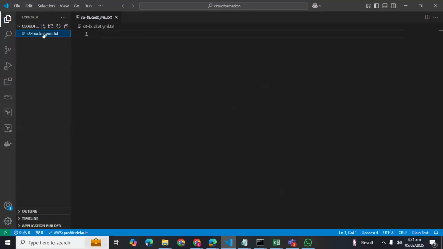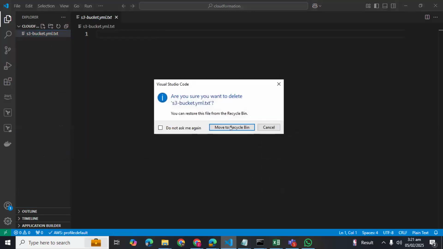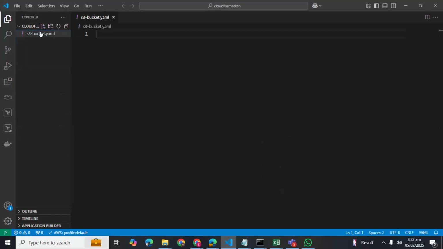So I want to create a new file because this file is in the text form. I don't need to create it in the text form, I want to create it in a YAML form, right? So you can create a new file by clicking on new file, and name this file according to your requirement. So I want to create an S3 bucket in the YAML form, so I name it with the YAML extension. So now this is the YAML file, right? Once I created a file with the name of the particular service you want to create,